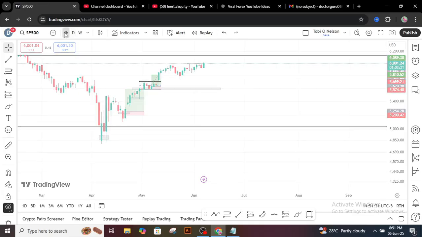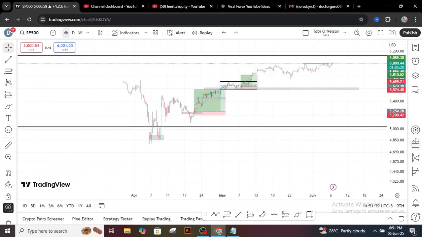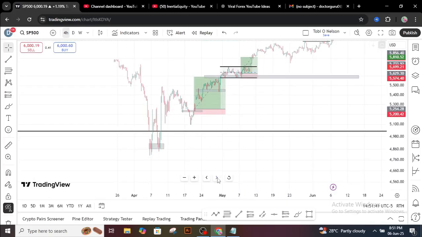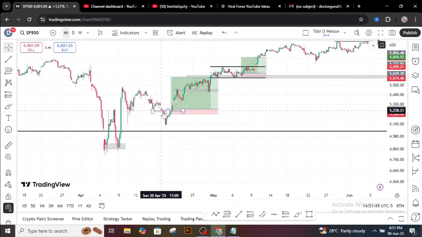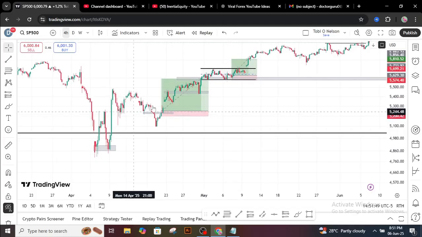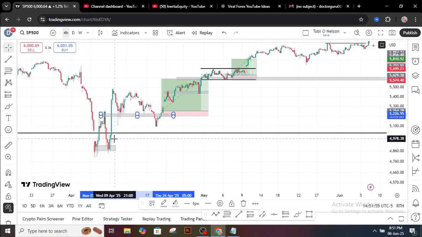So let's go to 4 hours so that we can better see and mark the support and resistance. Okay, if you look at it here, you see after this pullback, I took my entry here. Now let me tell you something. Here, when the market comes back to form a support,